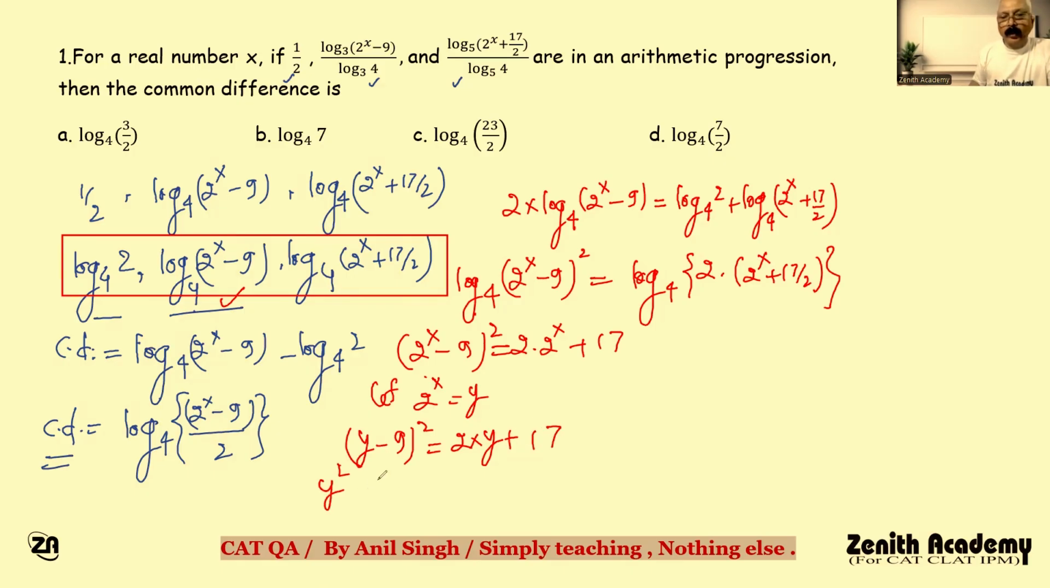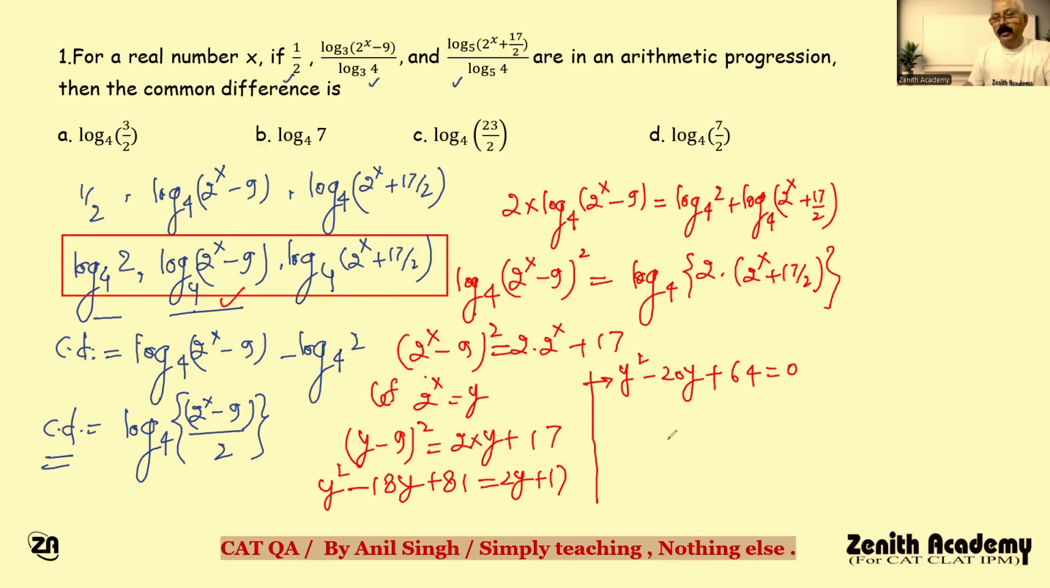This is y^2 - 18y + 81 = 2y + 17. So y^2 - 18y - 2y + 81 - 17 = 0, which is y^2 - 20y + 64 = 0. Solving it, (y - 16)(y - 4) = 0, so y = 16 and y = 4. Now 2^x = 16 means x = 4, and 2^x = 4 means x is equal to